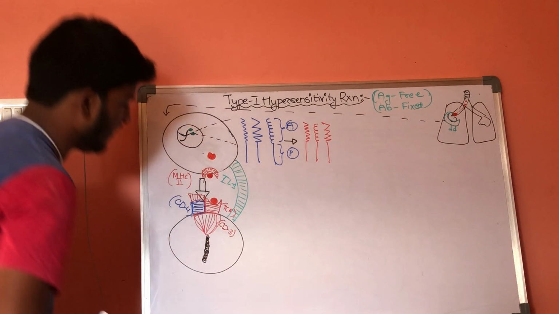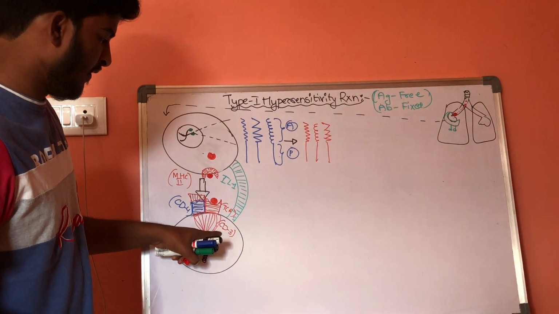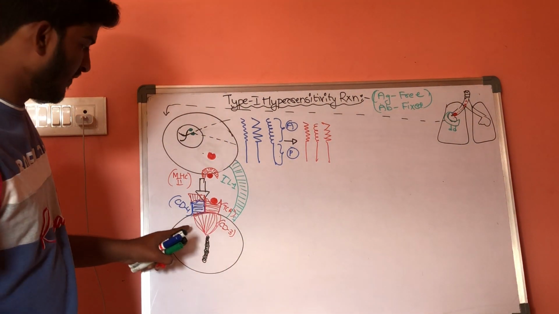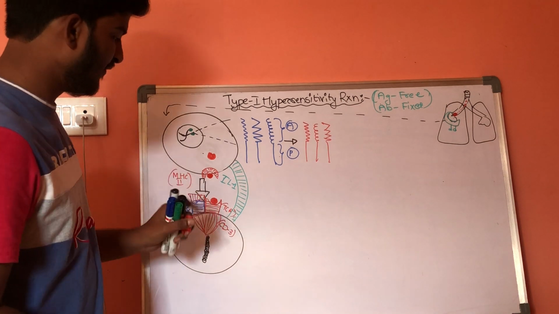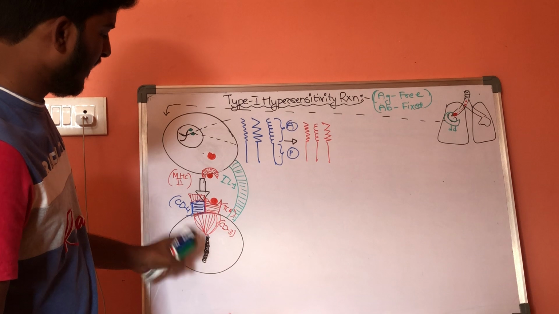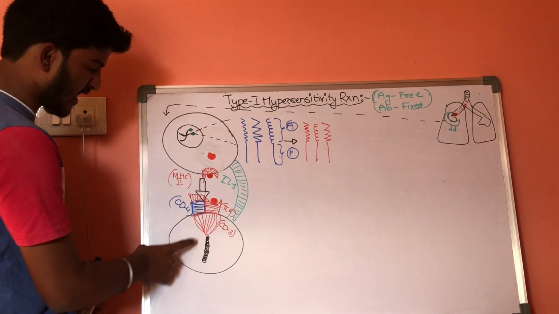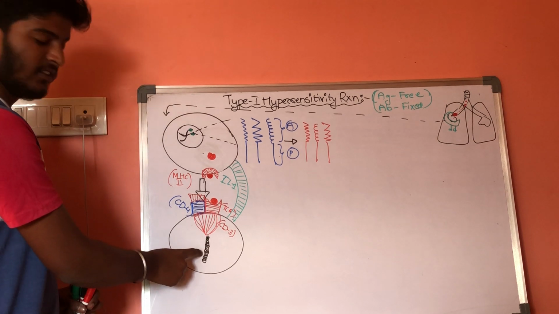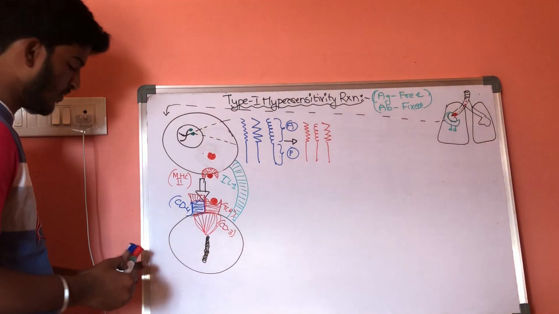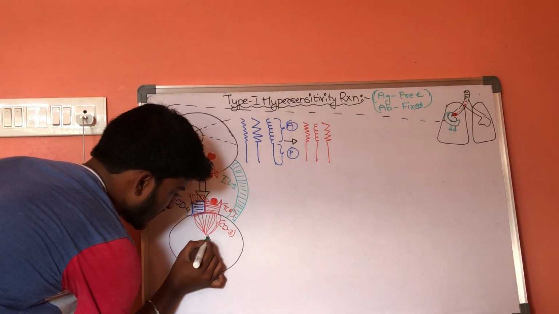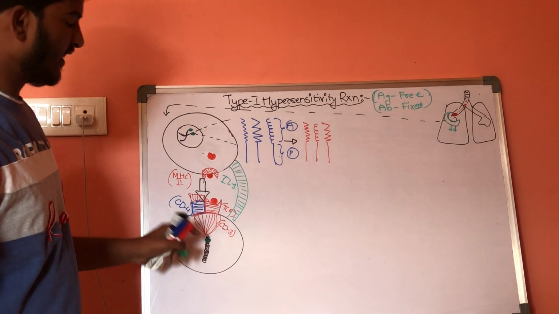That is CD3. This is a CD4 which is binding to the MHC class 2 protein, whereas CD3 is the internal response which is generated from the membrane proteins, that is T cell receptors and CD4 markers. Now, whenever these CD3, that is internal signals, are generated, they will reach the genetic material of T helper cells. Now, in T helper cells, the special gene will get activated.